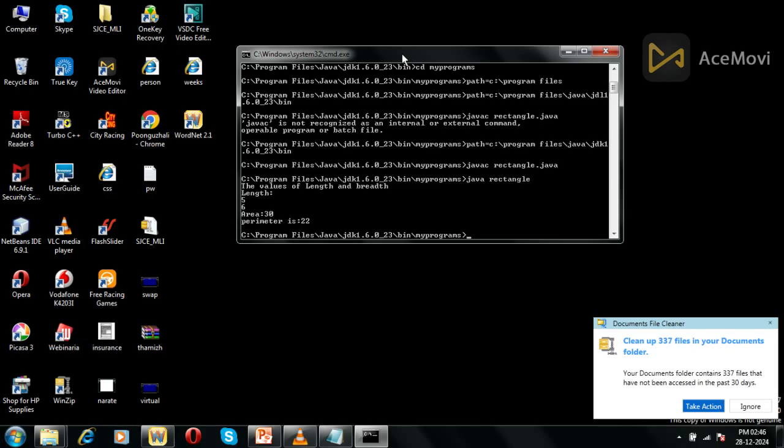Now we are going to create a Java program using classes and objects. This program calculates the area and perimeter of a rectangle. Now we will start the program. First we should include the header file: import java.io.*;